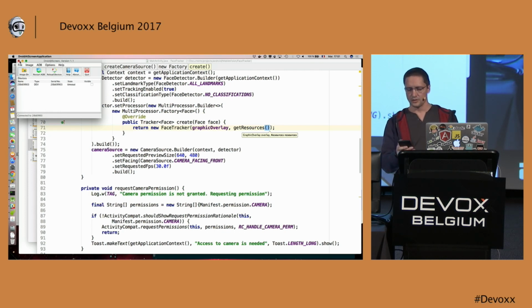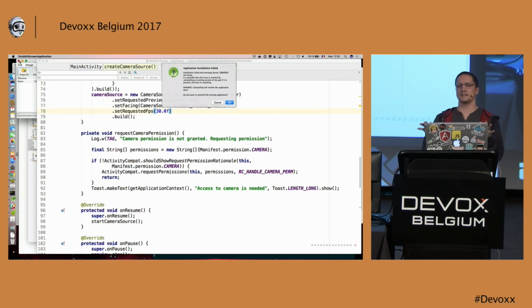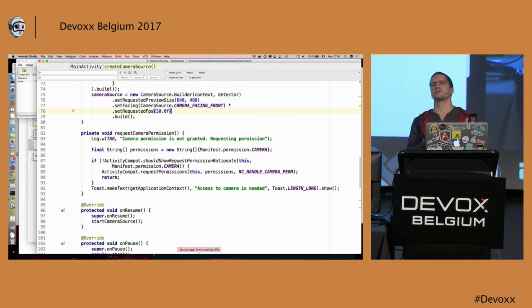Sometimes it works. So just to wrap it up, you've got a face detector. And for this face detector, we give a processor. This processor will use a factory to create some tracker that will be called each time a frame is processed. Your processor will drop some frames if the phone doesn't have enough power to treat the image.